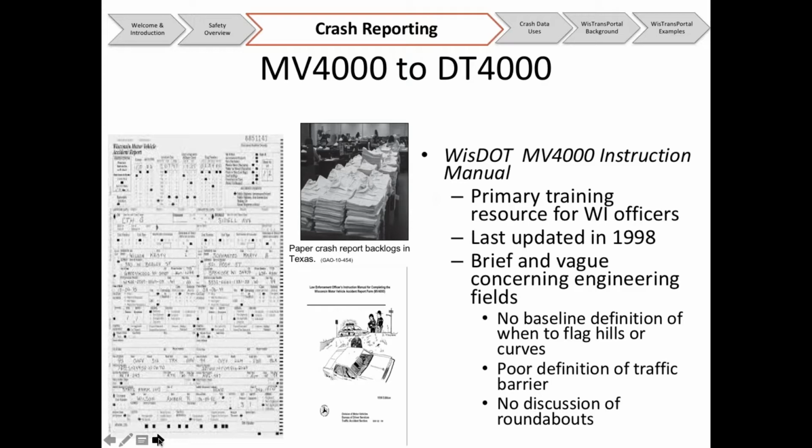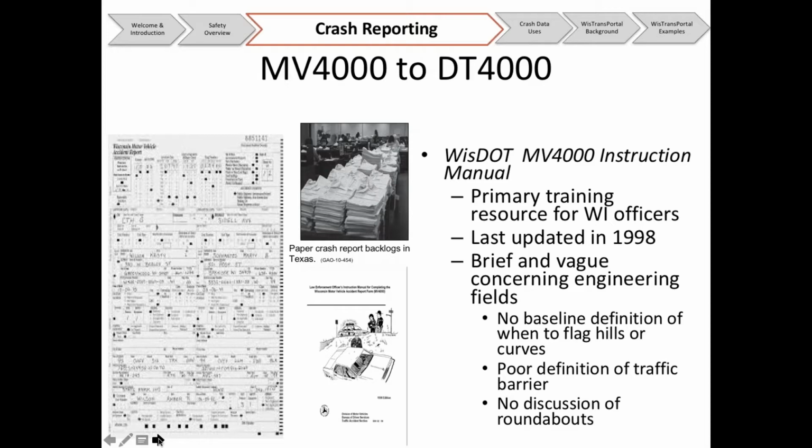As I've alluded to in earlier slides, we had a big changeover to a new crash report form January 1st, 2017. Prior to that, we had what was called the Motor Vehicle 4000, or the MV 4000. It was this lovely Scantron sheet that you'll see on the left-hand side where officers got to fill in the bubbles, and then it was sent into the department to be scanned into the database. It's been the same since 1994 until we updated the crash report form in